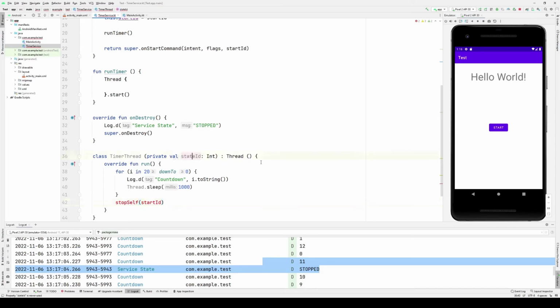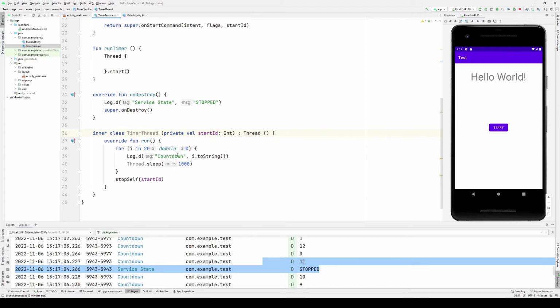And, oh, why did I put stateId? That should be startId. And stopSelf cannot, oh, I can make this an inner class, so now we can access functions and the properties of the outer class.